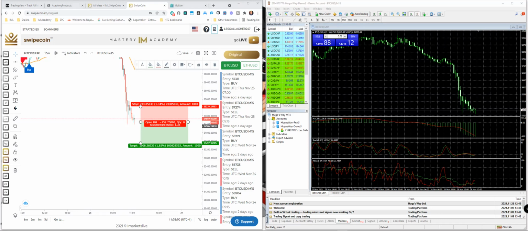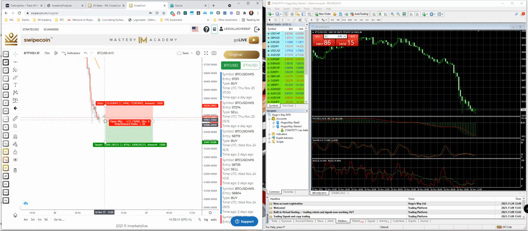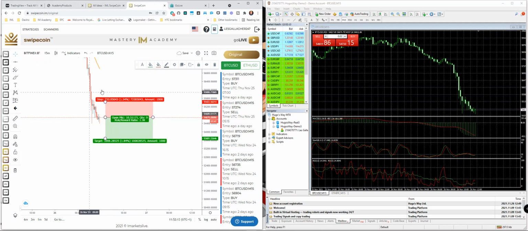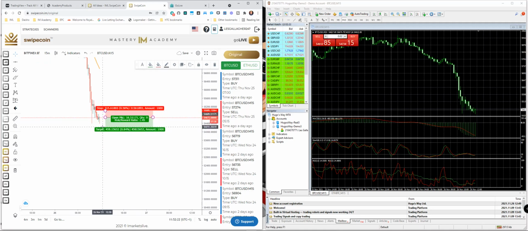So I got out with 38 pips on that trade, on that sell. Okay, so just took 38 pips there on this Bitcoin trade. So again with MT4, what we're doing is we're just looking for 300 on Bitcoin. So we'll roughly do this, and then we can see there, if I want to put a trade on now,